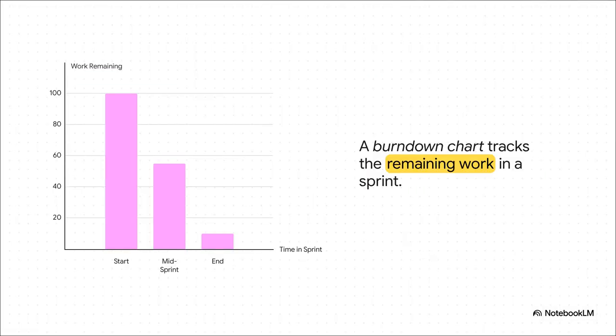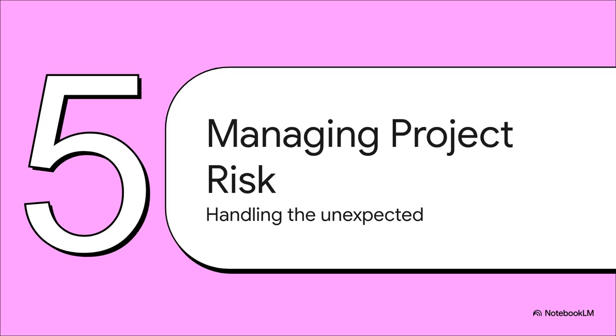time. A super common tool teams use to stay on track is a burn-down chart. It sounds technical, but it's really just a simple graph that shows how much work is left in the sprint. The goal is to burn down that line to 0. It makes progress visible to everybody, and it's a quick gut check to see if you're on pace to hit your goal. All right, let's zoom out for a second.